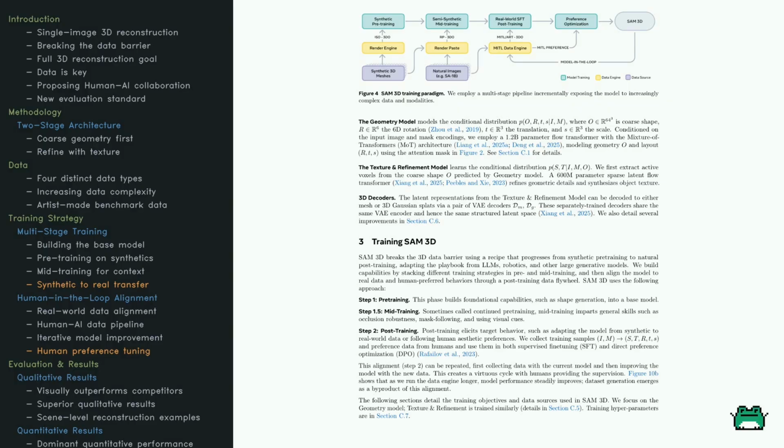But they don't stop there. The final step is preference optimization. They use a technique called direct preference optimization, or DPO, which is very popular in the LLM world. They show humans different 3D outputs from the model and ask, which one looks better? This feedback is used to tweak the model so its results aren't just accurate, but also look good to a human eye. The whole process is an escalating curriculum that takes the model from a simple student to a sophisticated